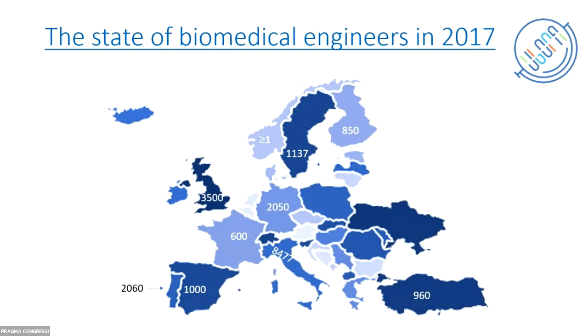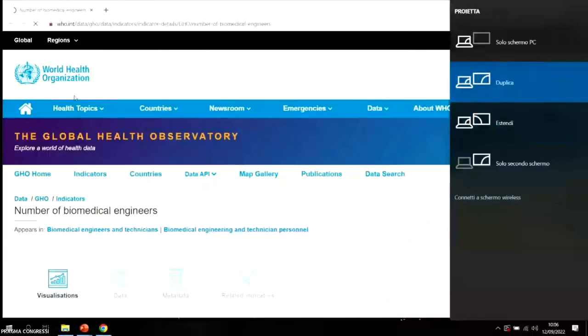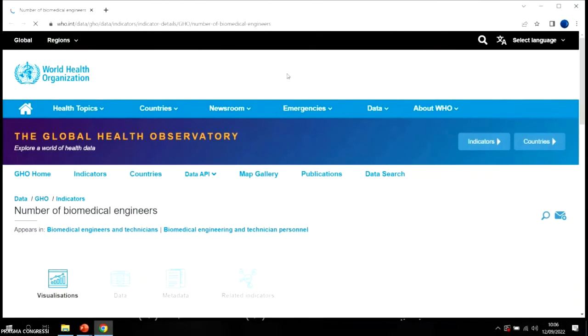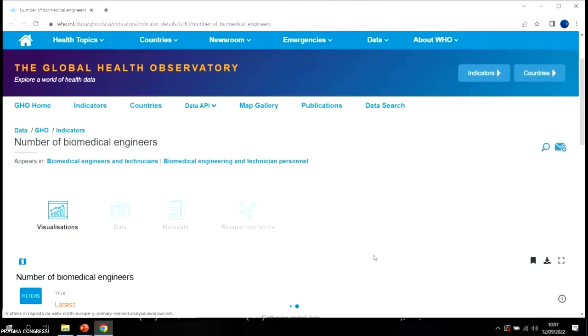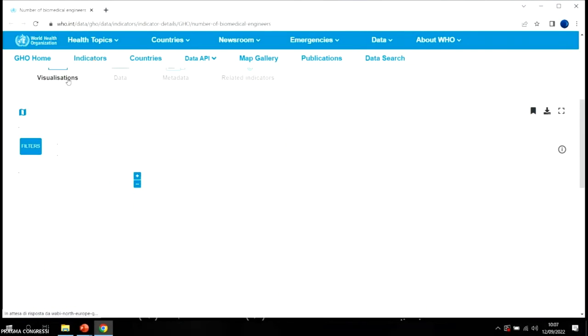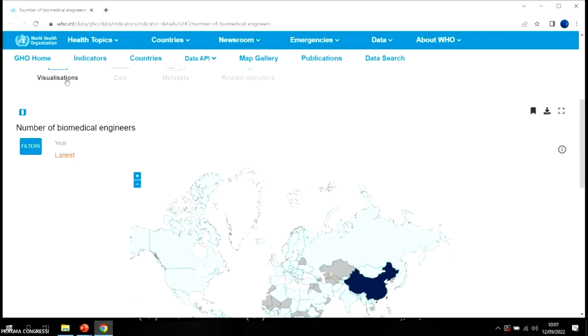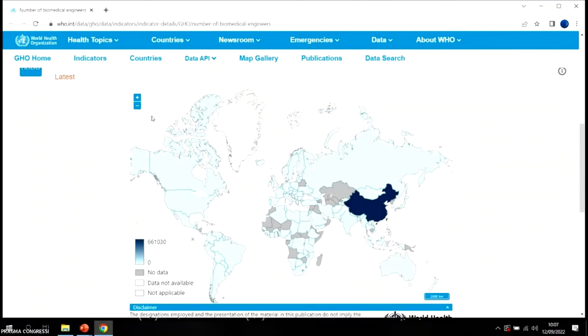If you click on this link here, if you can do that, the state of the title, can you click on that? You can see the... No, okay. This is where I got the data from, so the World Health Organization. If you go to visualizations, it's very interesting, this graph that comes out, okay? So here is